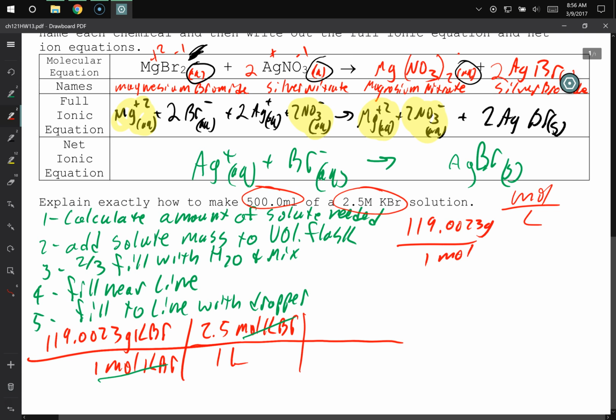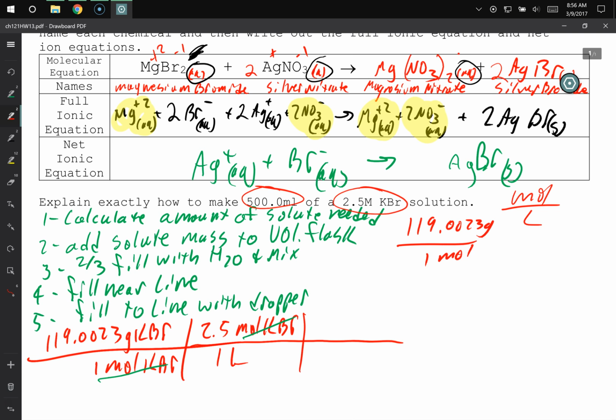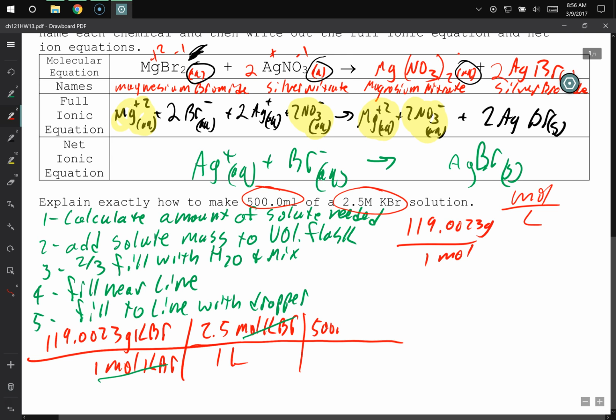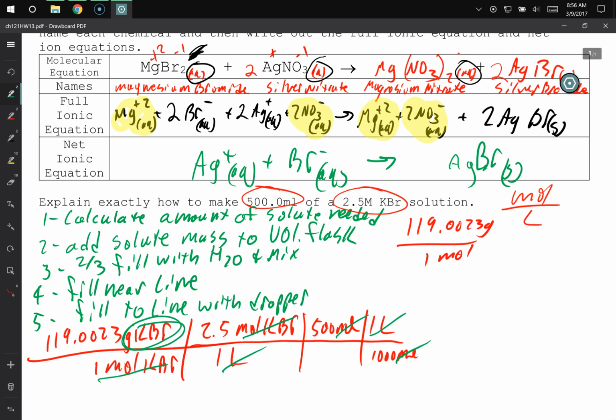But now I have a liter unit, and I don't want the liter unit. So what do I do? Take that 500 milliliters and turn it into liters. So I'll just put 500 milliliters up here. That won't cancel out, but I can cancel it out by saying 1,000 milliliters is 1 liter. And so then when I do that, I get the liters to cancel out and the milliliters to cancel out. The only unit I have left is grams of KBr. And then if I do this math, I get